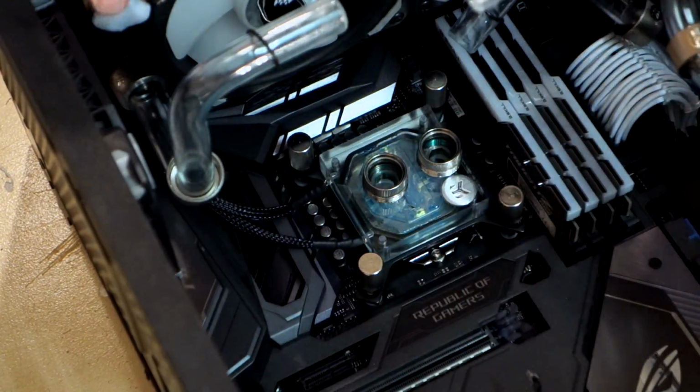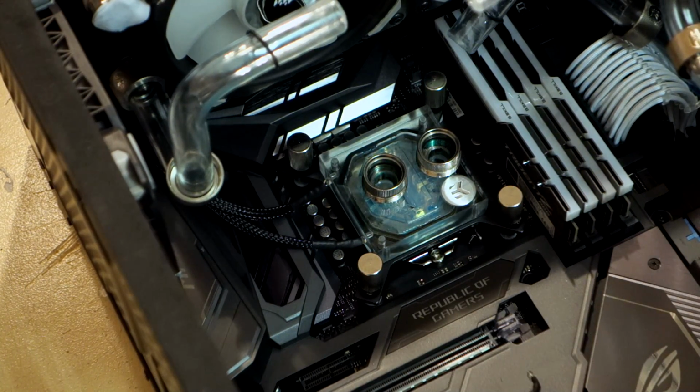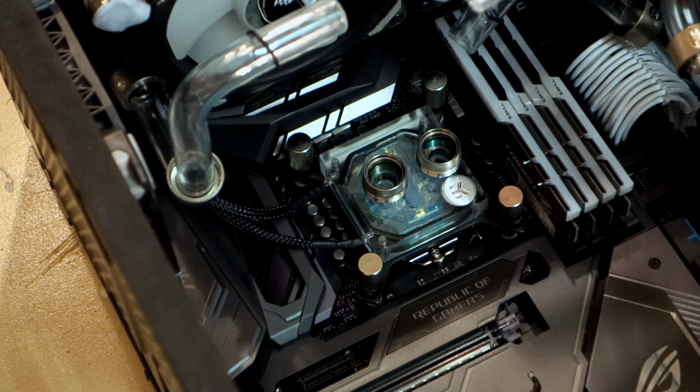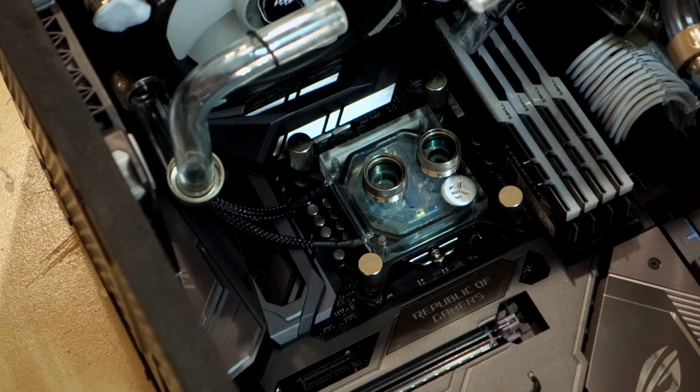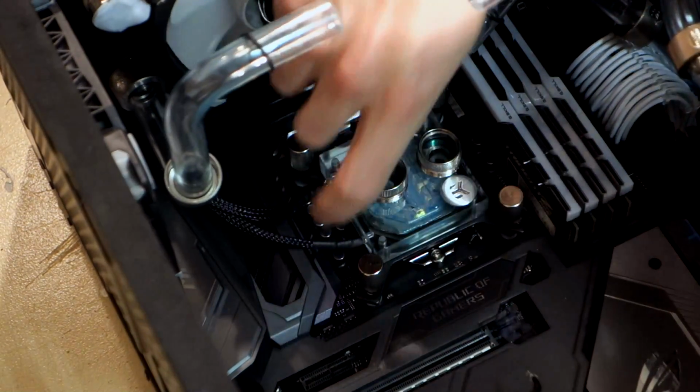I've plugged up the top here of the radiator to stop any air coming through, so hopefully that won't happen, but we're going to try and do as much as we can without touching anything. I'm not going to move the computer again until I put the processor back in again now. So what we want to do is just loosen off these. We need to pull out our